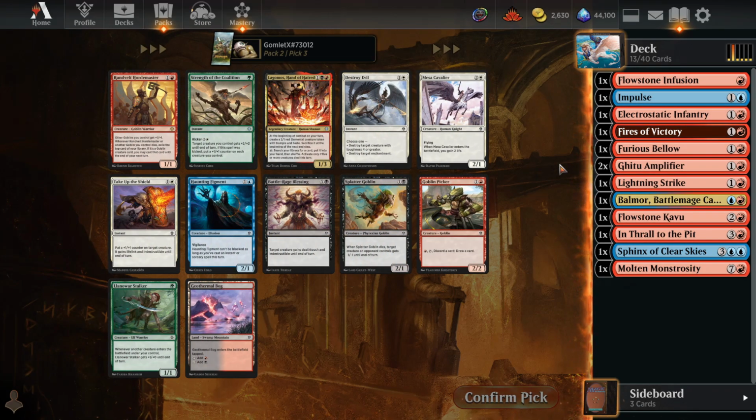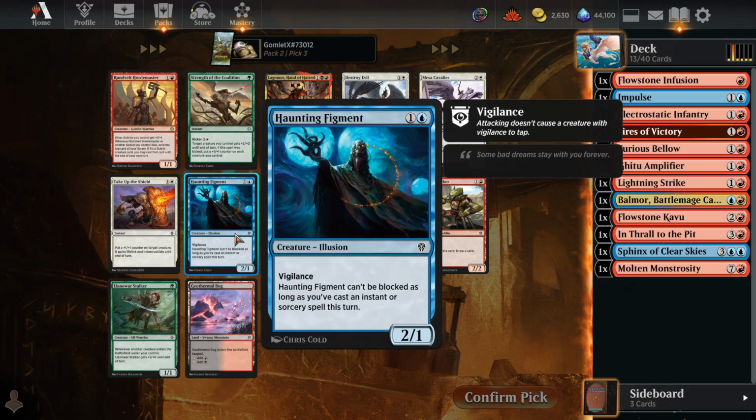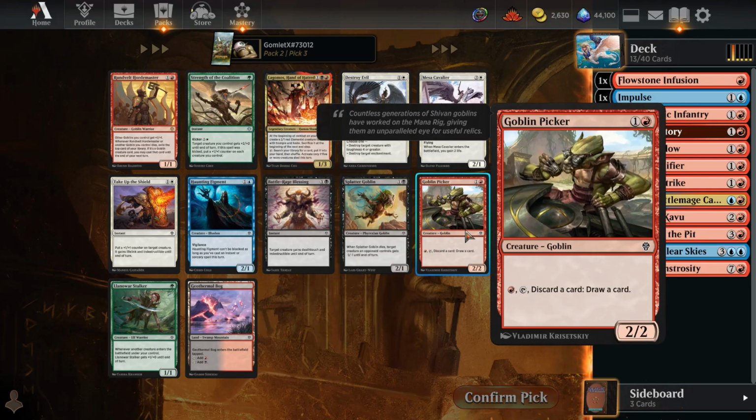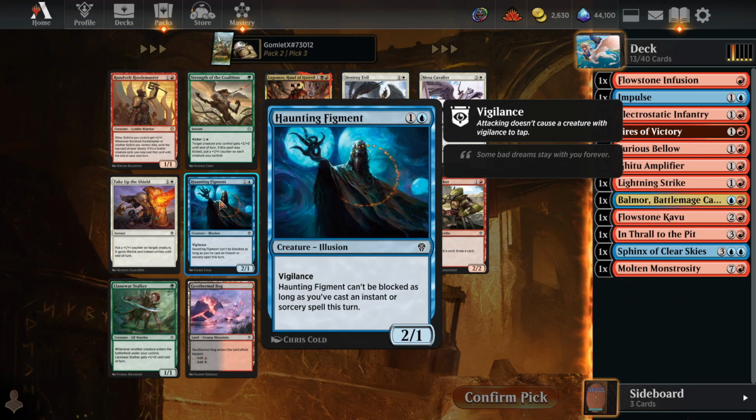Pack 2, pick 3. Nothing good for us here. Goblin Picker and Haunting Figment are both pretty filler. They both have abilities that can be helpful, but they're both kind of narrow abilities. The Picker helping us get out of any mana flood. The Haunting Figment, yeah, it can get unblockable every time you're casting an instant or sorcery, but it's still only